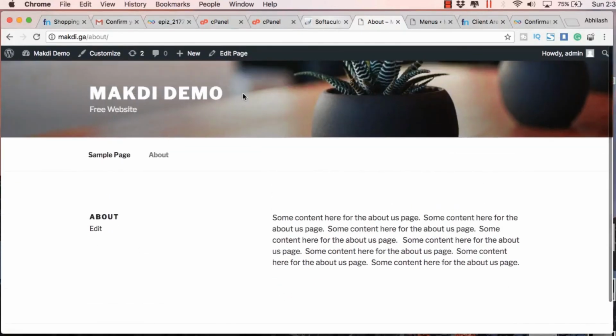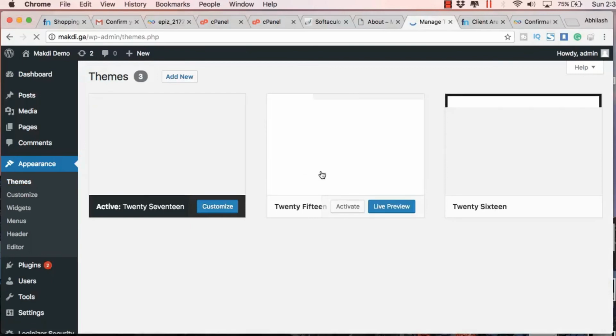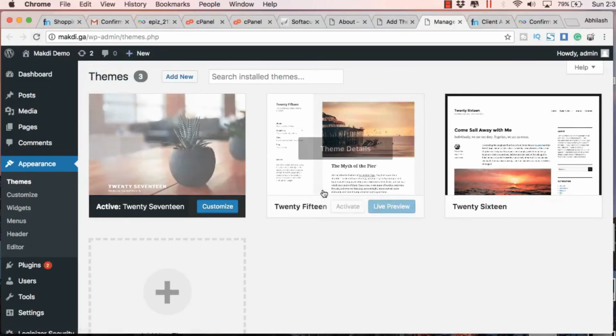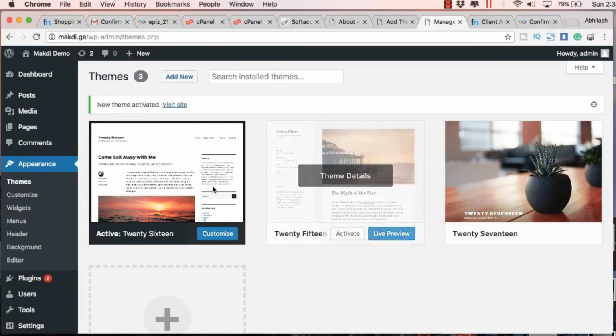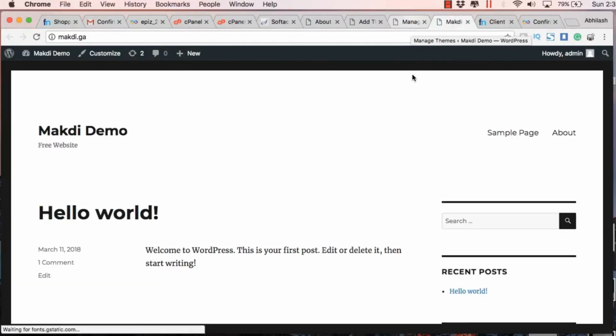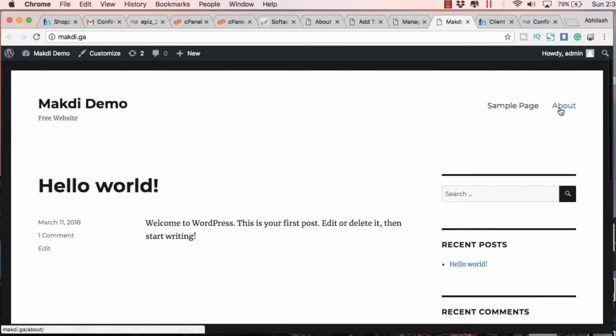to our website. So you can also change the overall design by going to appearance, themes, and here you will find the default themes which are available in WordPress by default. You can activate any one of these. For example, I'm activating this one. So let's go to the new design. So here you can see that the content of the website hasn't changed, but the design has changed.